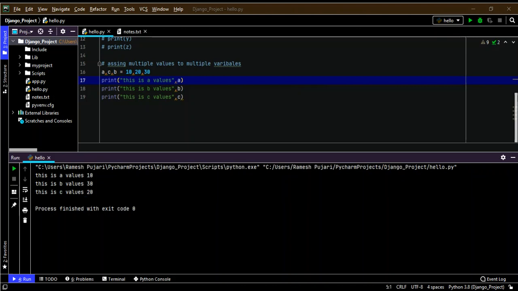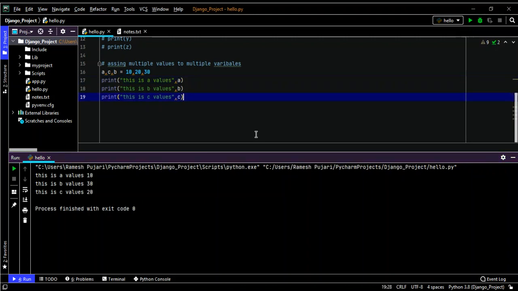Now I'm going to explain Python variable types. In Python there are two types of variables, local variables and global variables. Let us understand the local variables. Local variables are the variables that are declared inside functions and that have scope within that function only. I'll give one example for this local variable, and I will demonstrate here.